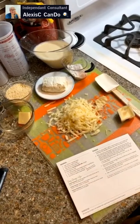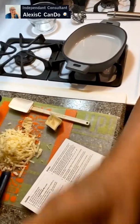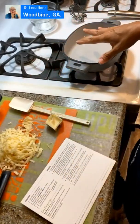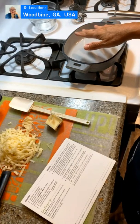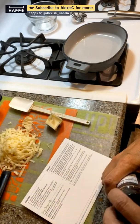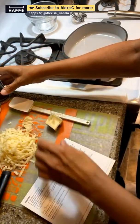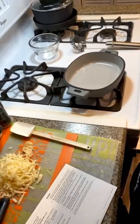All right, so let's put this over here, and first of all, we're going to melt our butter in here and get it nice and melted. We're going to sprinkle our flour and a half a tablespoon of our everything bagel seasoning. How much did it say? Okay, yeah, it says a half of a tablespoon of the seasoning. Okay, so let's put this on. I am using the small 1 quart